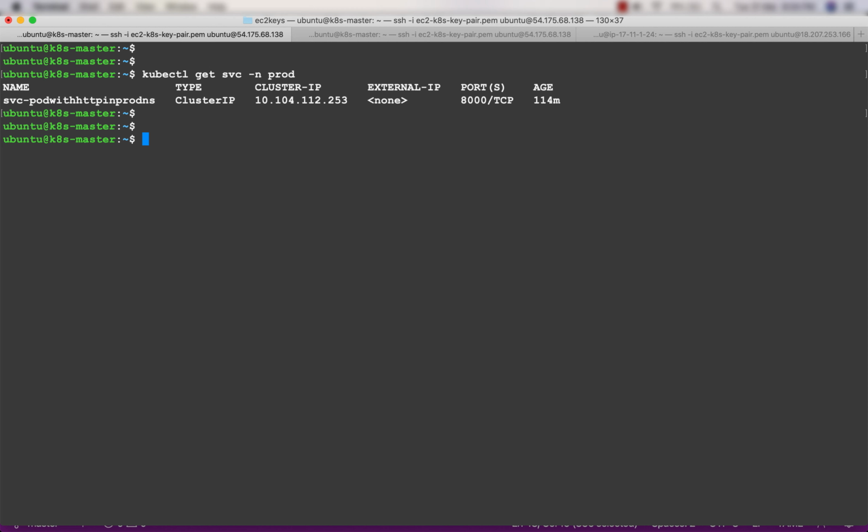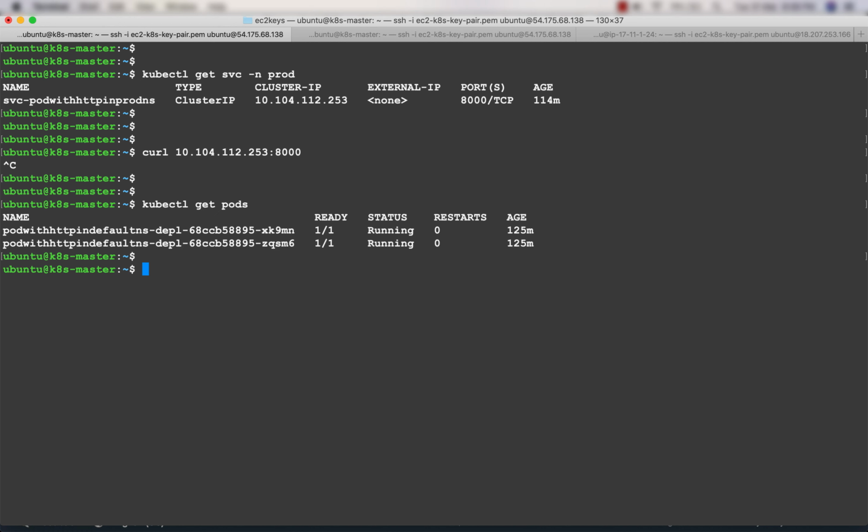So let us go ahead and test from the cluster itself. This is the cluster IP service that is defined in the cluster. First, let us try to access the application from within. It should not allow. We were able to access it earlier, but right now we can't from the cluster itself because the network policy is stopping us. And the only way we can do a curl is from the pods which are running in the default namespace. And these are the pods.